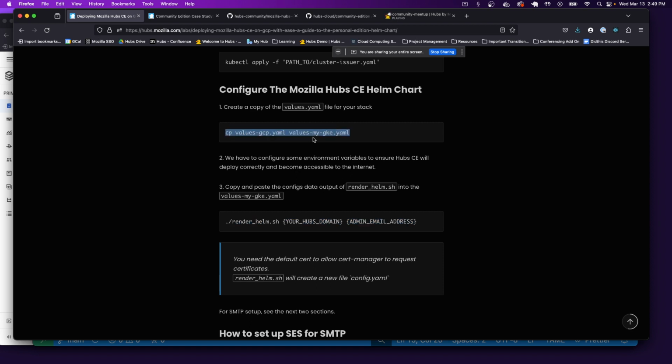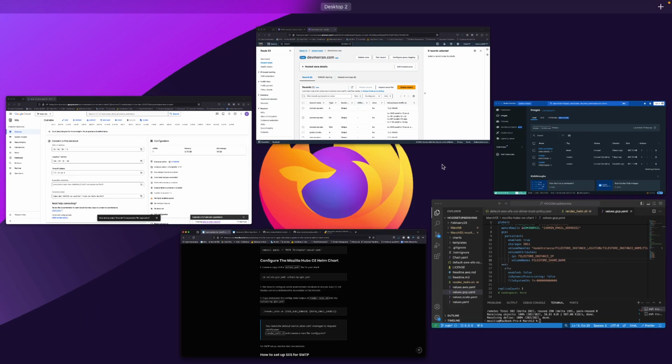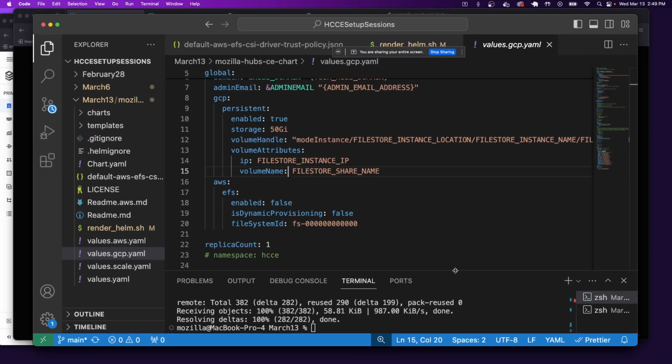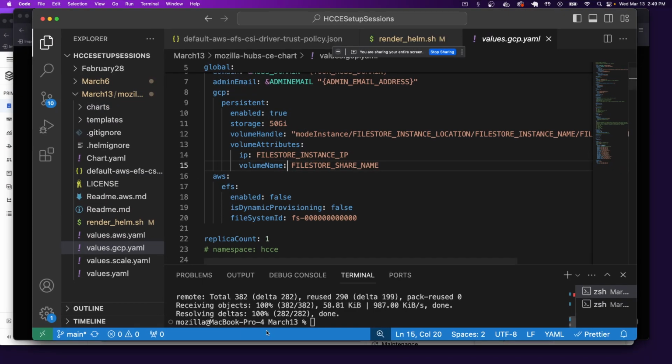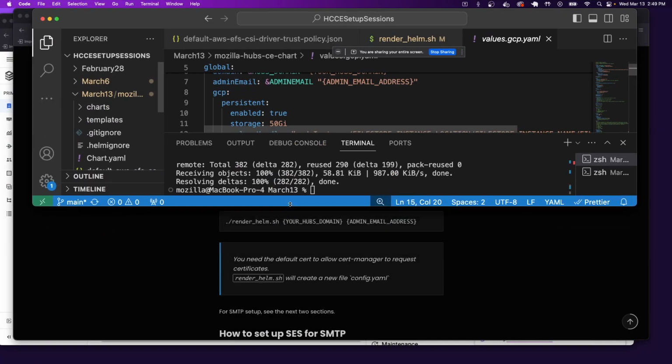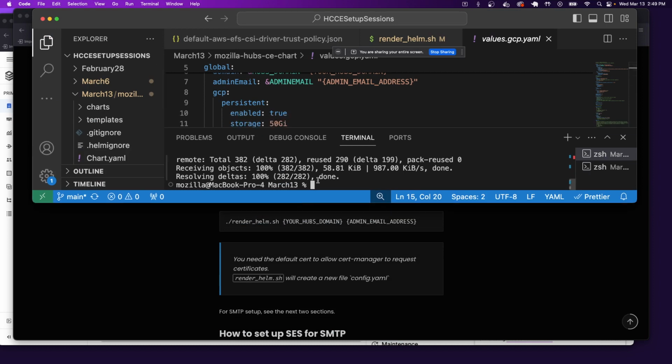And we don't need to configure the YAML? Right now, the YAML we're creating is going to go into that YAML, so it doesn't actually matter which YAML we use. We can just replace the GCP one, update that, and then install from there. Gotcha. So I'm going to type bash render_helm.sh, and then the domain that I want is